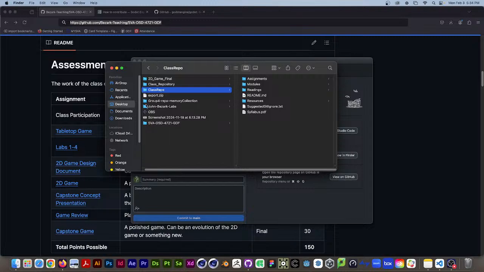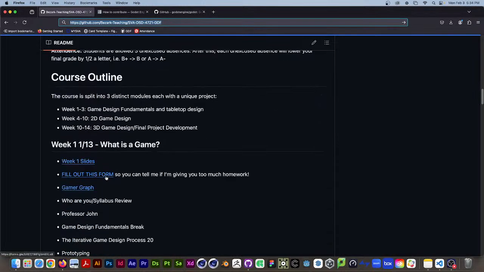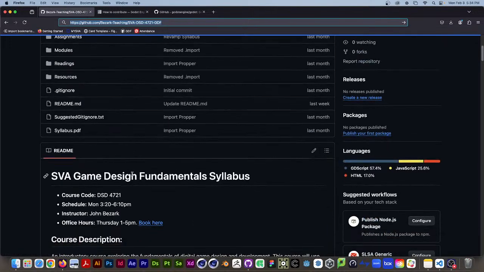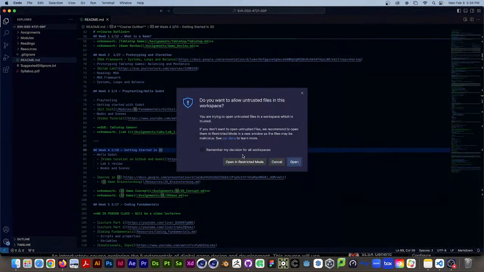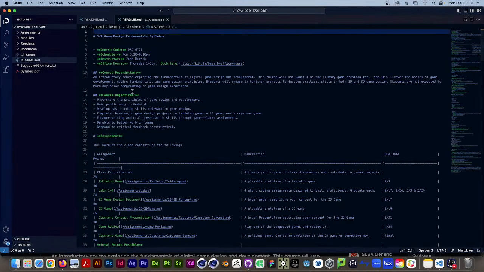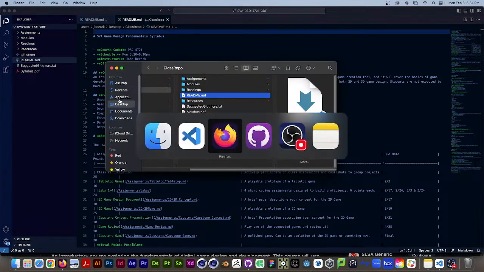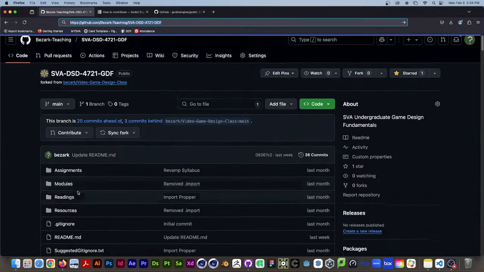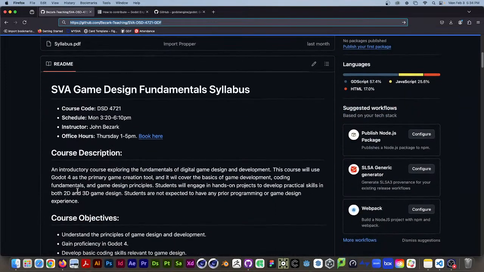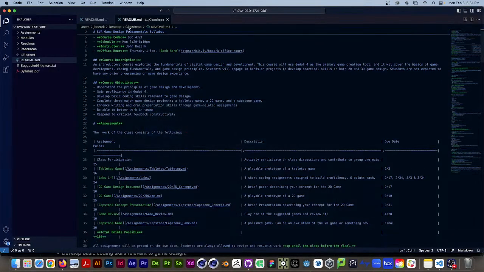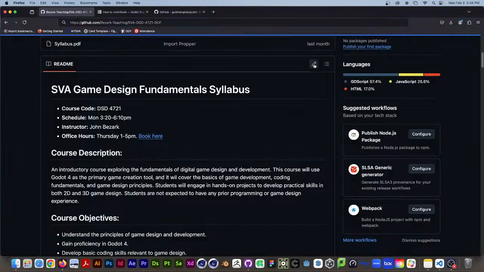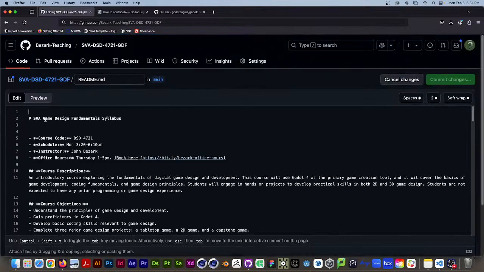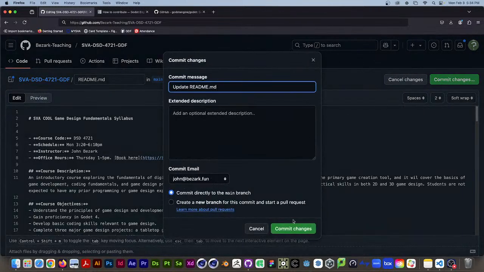And you'll notice that, let's say if I were to change part of the syllabus, I'll show you the syllabus right now. This README file is just what the syllabus is. You can see this is the text of the file, and it gets rendered and drawn up here in this nice, fancy way. But if tomorrow I decided that I was going to change the name of the class, if I changed it online and called it SVA cool game design syllabus and committed those changes,